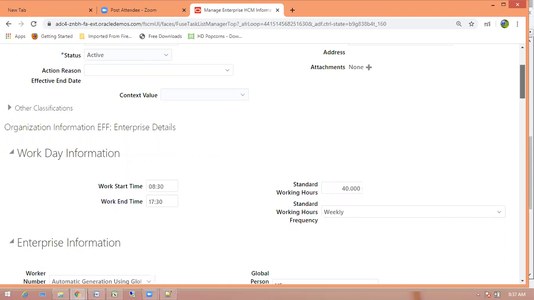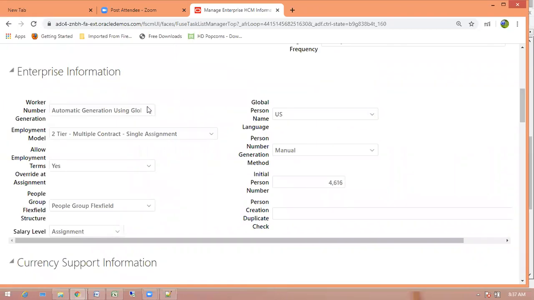Then we will discuss how to configure, what is worker number, what is person number, what is the difference between person number and worker number, and when we are going to use worker number. Suppose you are transferring from one LE to another LE, that organization will have a different number sequence. If you want to maintain that number, you can maintain it in worker number.